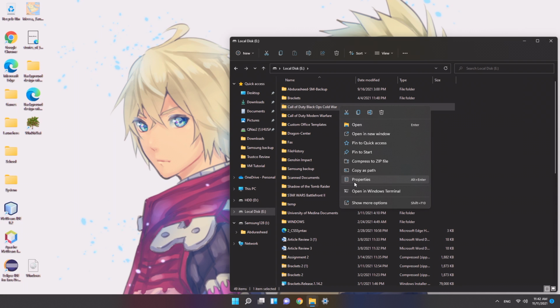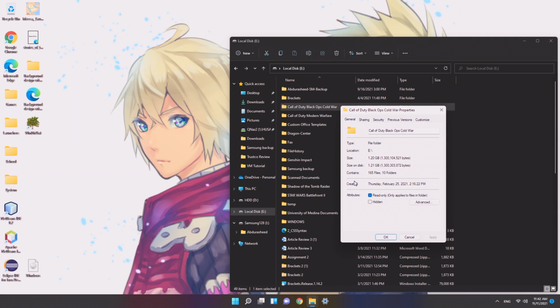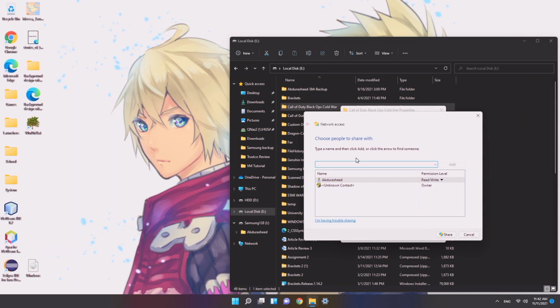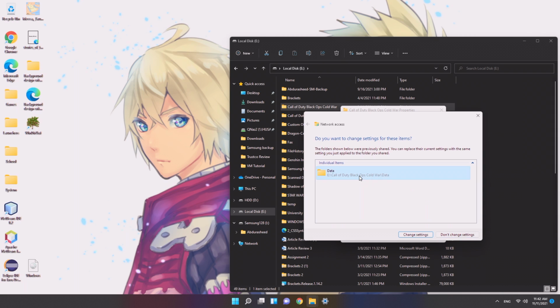So we'll go ahead and right click and locate Properties. Click into Properties, and we want to locate sharing, which is in the upper part of the window, and go ahead and select sharing. Now, next we want to select the button that says share, and this will open a window that will give us a lot of options here. We can choose which users have access and also what kind of permissions they have regarding these folders. So we can click on the save button in the bottom right hand side, and then we can see where the file is going to save, and then we will click change settings.